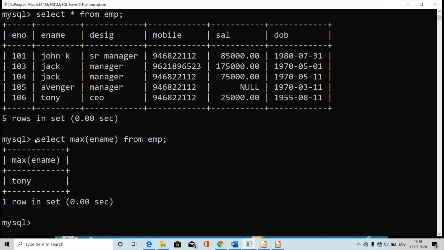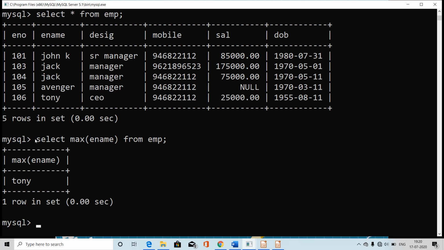Now we get Tony, because that is the highest in alphabetical order, and that is why we are getting Avenger as the minimum and Tony as the maximum. So I hope you understood.